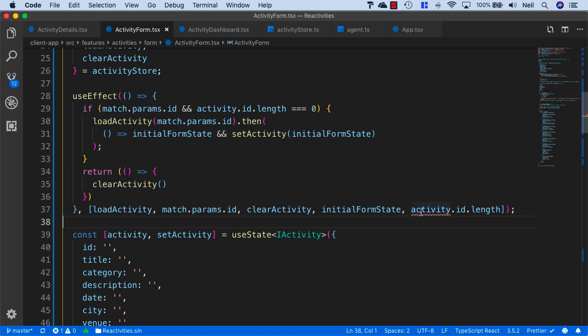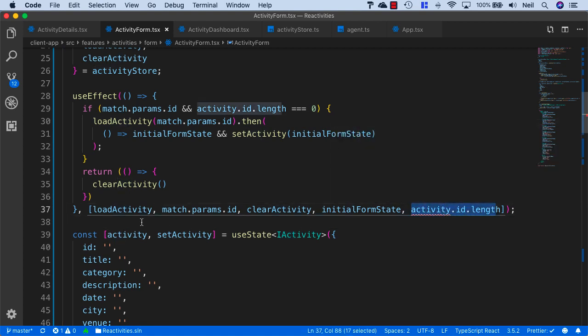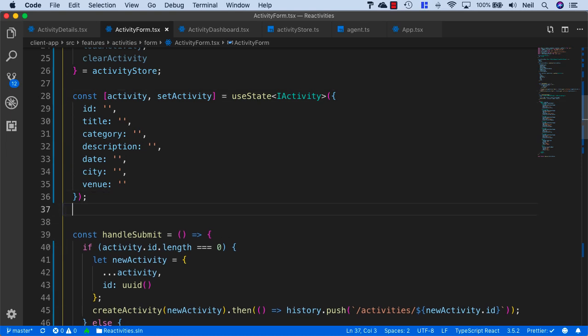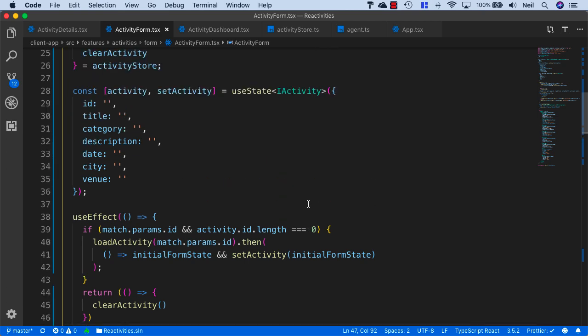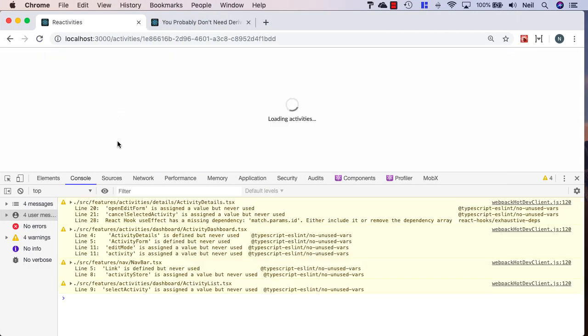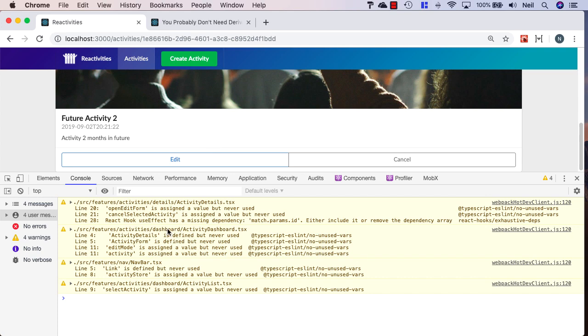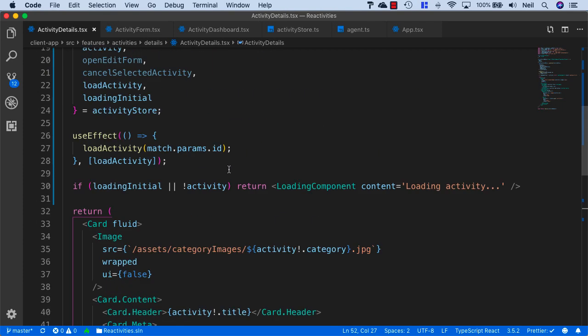And because this activity is not available at this point, we need to remove the use effect below our use state method, and that should work just fine. And I'll just go back and make sure nothing's broken, and click on Edit, add a number, click on Submit, and that works fine. And I'll just do the same thing for the activity details as well, and we'll head back here and add our